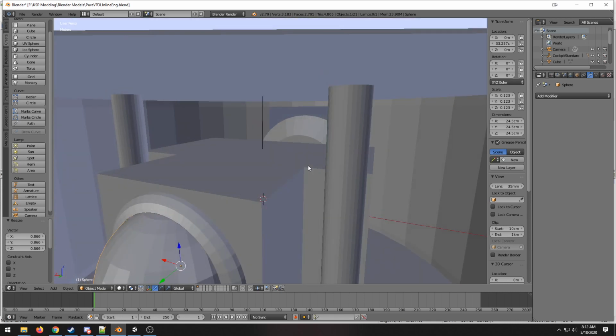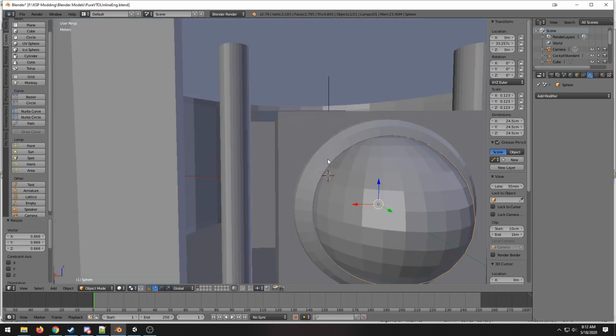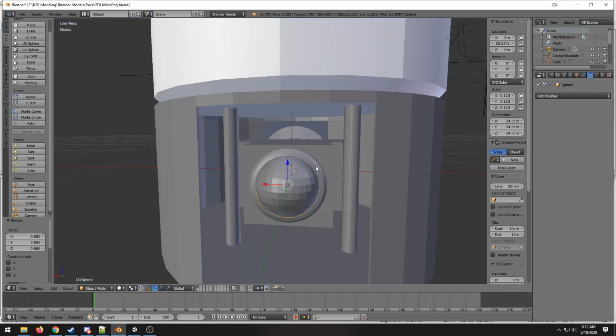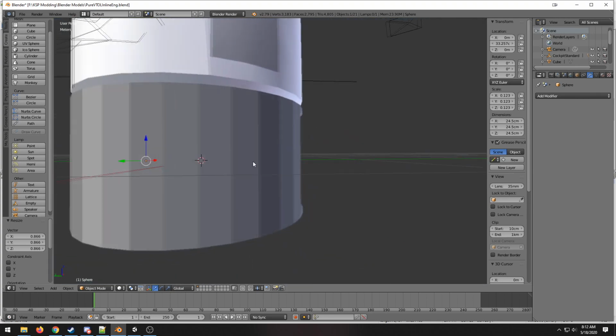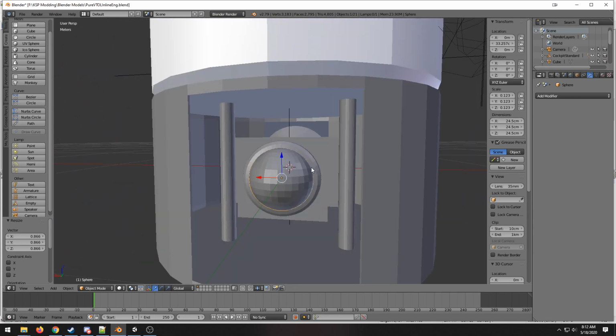Okay, now if you're thinking UVs, yes, this would be a lot of work for UVs. So we're not doing UVs today, don't worry. UVs will come in another video. That is going to be a lot of interesting fun since I hate UVs. But anyhow,